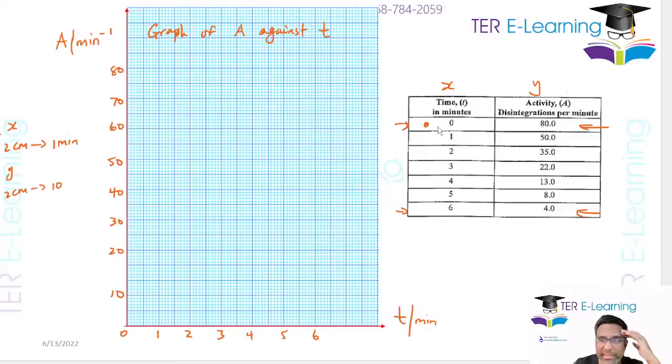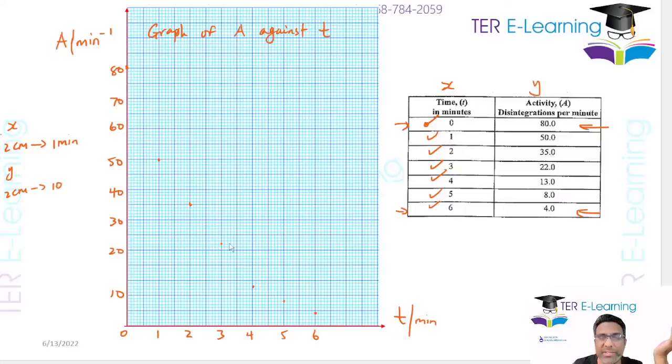So let's start plotting here. 0 against 80. That's going to be this point here. Next one, 1 against 50. So 1 against 50 is going to be here. Next one is 2 against 35. 2 against 35 is here. Right, 3 against 22. That is down here. 4 against 13. This is 10, 11, 12, 13. Right, and then 5 against 8, that's here, and then 6 against 4, that's down here, right? So those are my points,